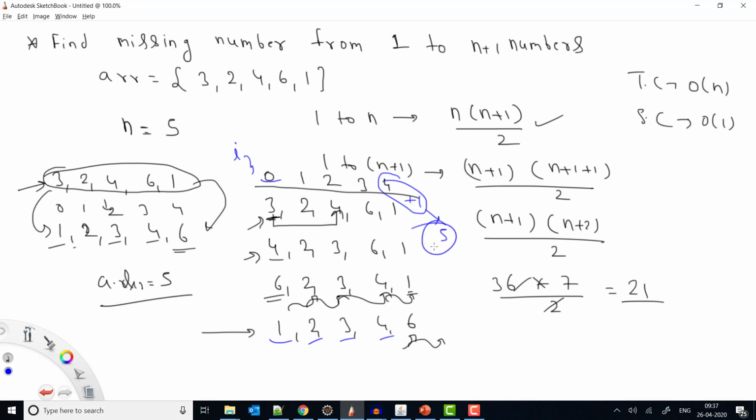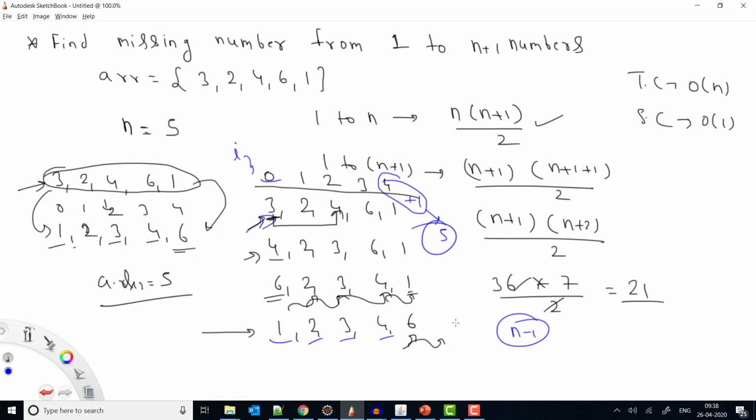So fifth is the missing number, right? So this is how we can solve this question. Now if you see what is the time complexity in this case, first of all we are just sorting, and in sorting we start from here and then we just swap the value, so total swaps can be n minus 1 maximum, right? So we are starting from here, and when we reach the end, then we are able to solve the thing. So it means in one iteration we are able to solve the question.